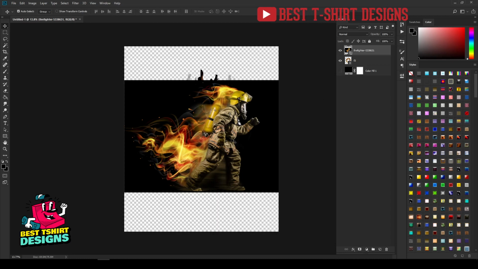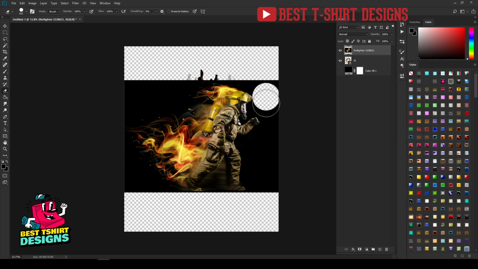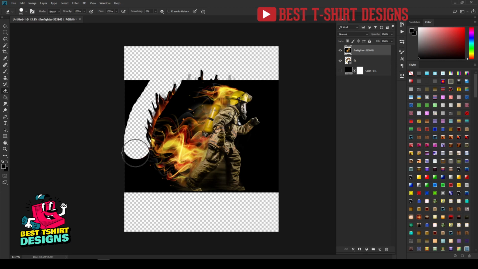Let's turn on the black layer, and you can see there is some black in the design, like the background. So I don't want it, and whenever I want to erase anything, I can simply take my eraser tool, and then okay, it is a linked layer, so I have to right click on it and then rasterize layer, then I can simply erase it. But erasing will remove this part, and I will never be able to bring it back.